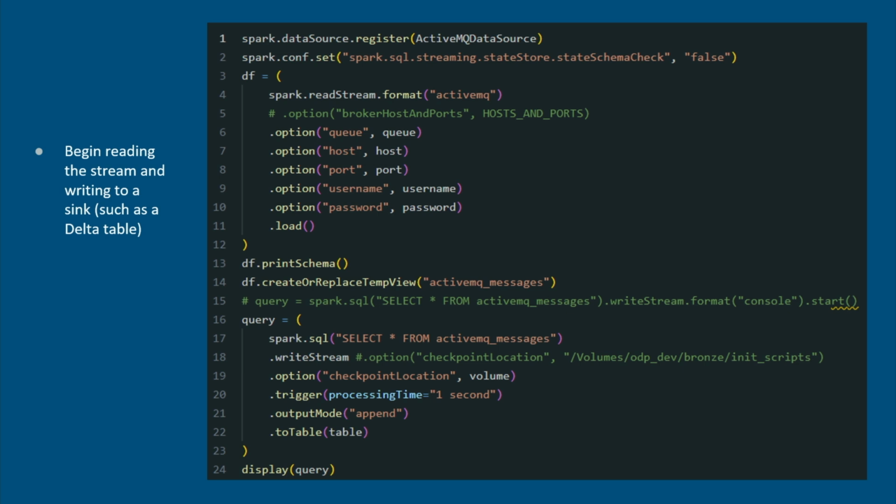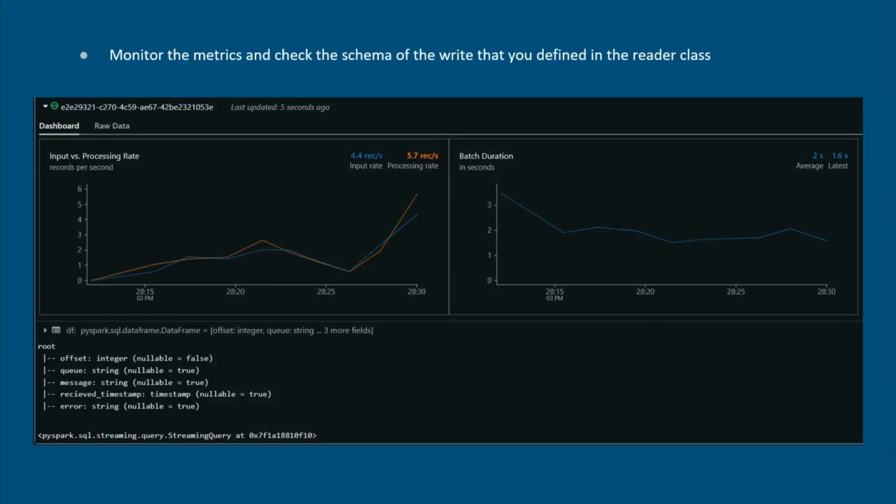You have all your safety nets, all your protections, everything that Databricks gets you out of the box, you now have in your custom data source, which is, what was it, 200 lines of code, if that. And then you can look at all the metrics. Again, this is just a pure PySpark stream. I mean, you can look at all the messages, you can look at what each micro batch processed,